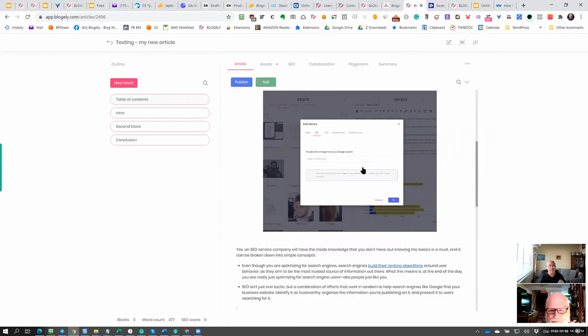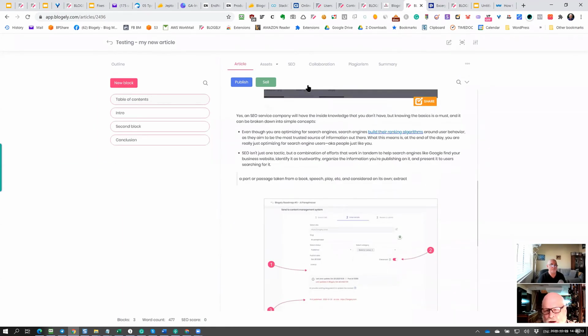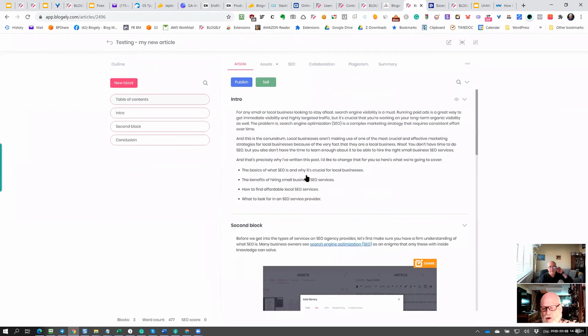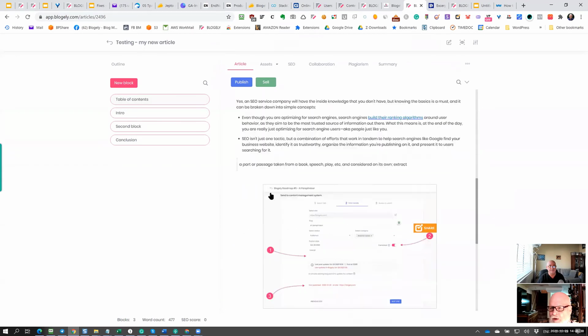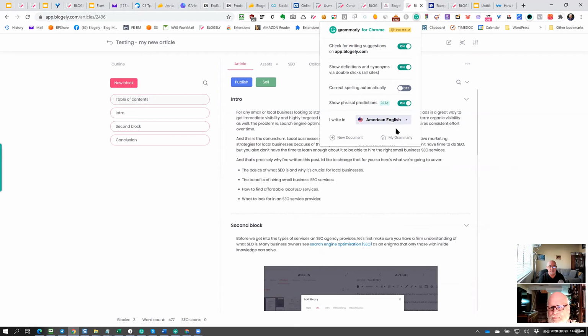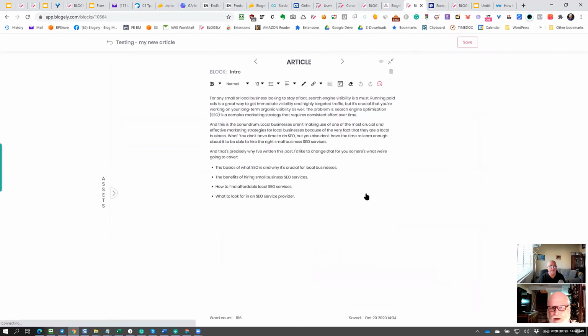Now on the high level of the article. One thing about Grammarly that people should know is that Grammarly integrates only if you have a Grammarly subscription. It's not baked into Blogly. No, you can use the free Grammarly. It still gives you lots of good free options. Of course, rephrasing may not work like it did for me because I have the subscription, but the first level of grammar will be taken care of. All right. But you just have to have a Grammarly account. Yeah, you need to have the Grammarly extension. When you use the Grammarly extension right here, then it will work. Okay. Got it.